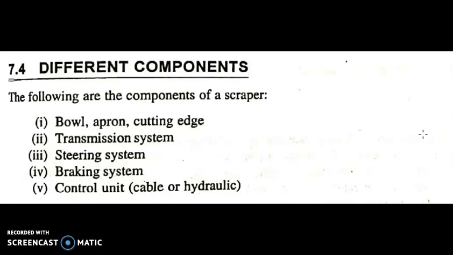The engine delivers power to the Allison transmission system, which finally drives the wheel through a universal joint, a propeller shaft, and the differential. Travel speeds are as follows: forward 8.5 km per hour to 44.1 km per hour, and reverse is 4.4 km per hour. Steering and braking systems are of the same type as those of the dumper.